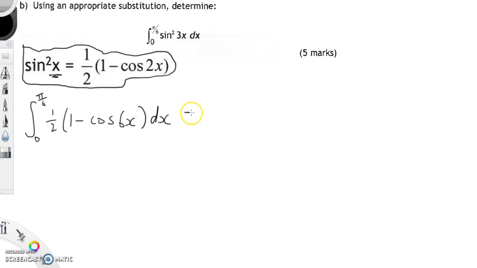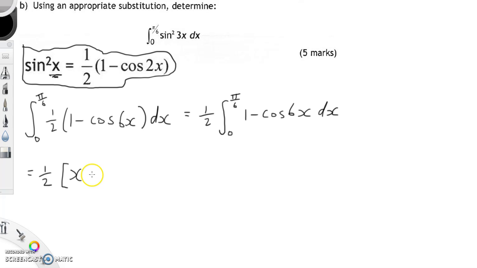Well, what we can do is throw the half outside the integral sign, so we can rewrite it like this: pi over 6, 0, and we have 1 minus cos 6x dx. So that gives us a half, and we can open a square bracket here. 1 integrates to x, then we have a minus sign, and cos 6x integrates to, if we look up our rules, if we're unsure,